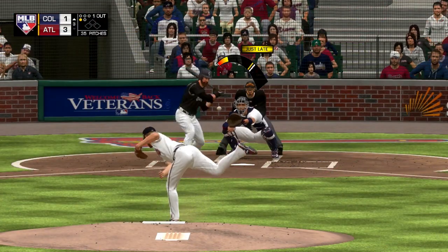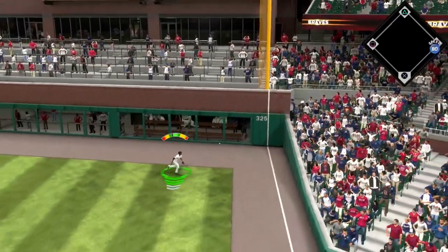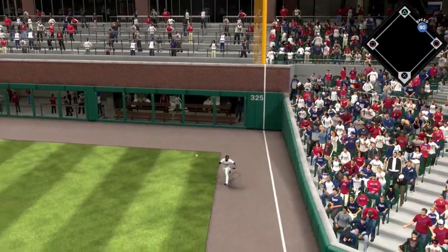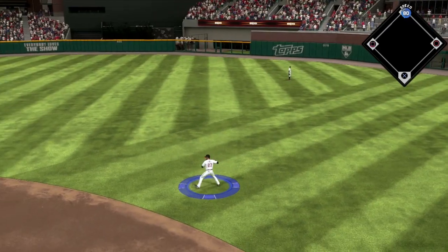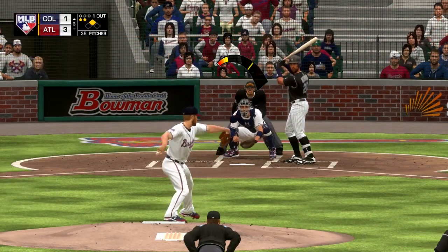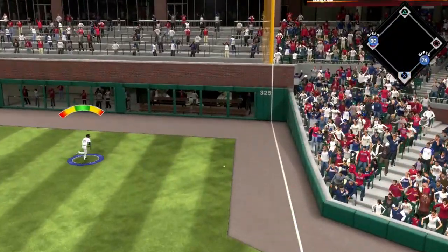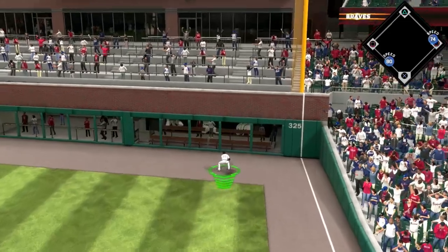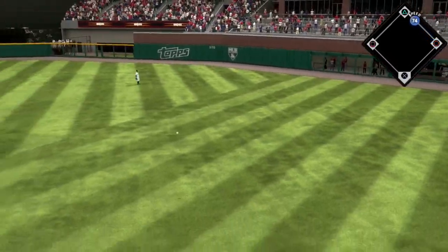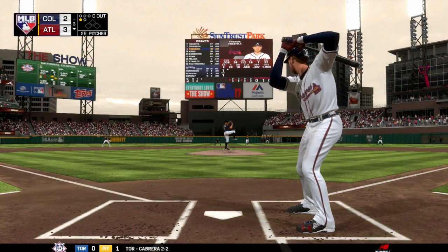Top half of the third now, where Charlie Blackmon is ripping one off of the right field wall. Demérit Fields gets it into the cutoff man. Blackmon does have himself an easy double, though. And then Ian Desmond comes to the plate, fights off an 0-2 pitch down the right field line. Freeman tries the dive, but misses it. Demérit gets it in, but it's not gonna be in time as Blackmon scores,